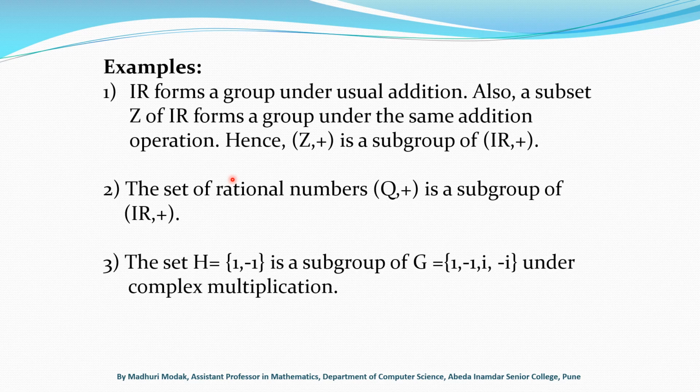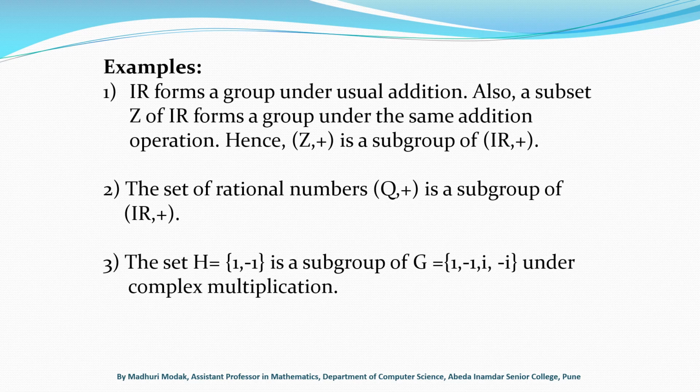Similarly, the set of rational numbers Q is a non-empty subset of the set of real numbers. R with respect to addition forms a group, and with respect to the same addition, Q also forms a group. Hence, we can say that Q with addition is a subgroup of R with addition. This example we have already seen: {1, -1} is a subgroup of {1, -1, i, -i}